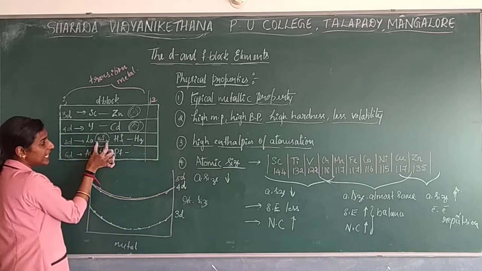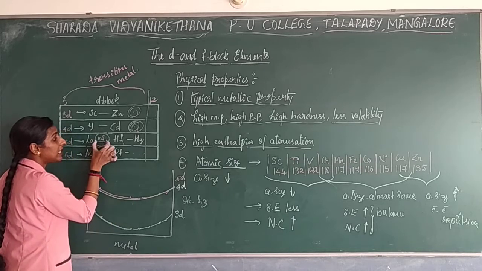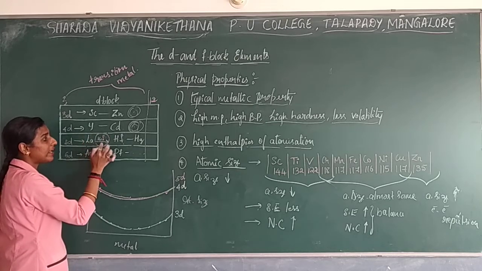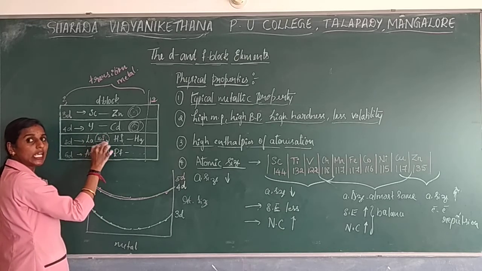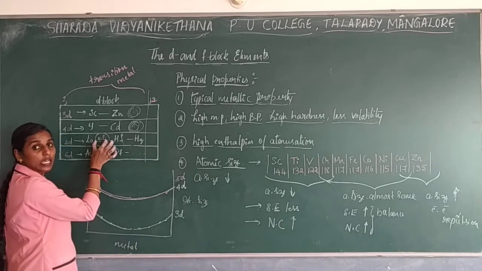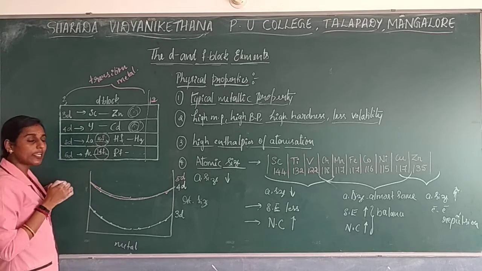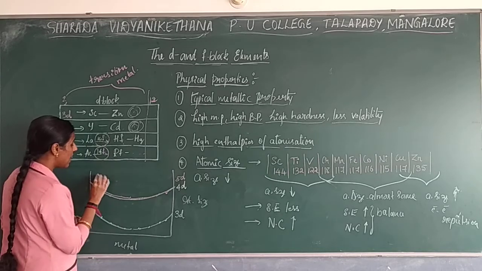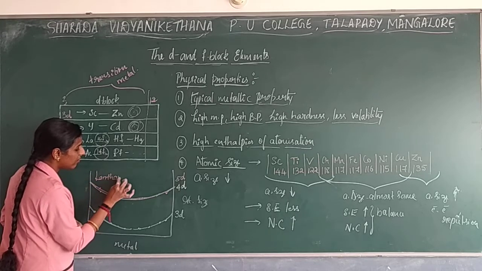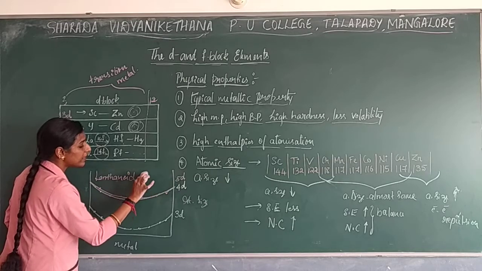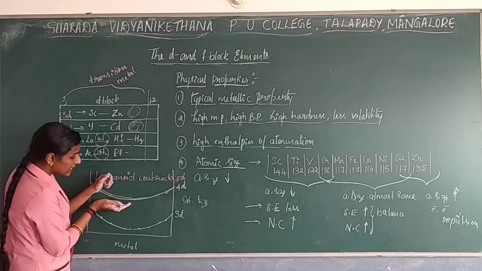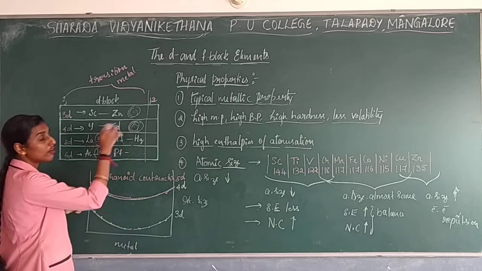Here the contraction that is seen is mainly because of these lanthanoids, due to the filling of electrons in the f orbital. Then it will go to the outer orbital, that is the 5d orbital. That's why these f block elements will show contraction. That contraction is called lanthanoid contraction. Due to the presence of this contraction, the atomic size decreases, so the size will be almost similar to your 4D.